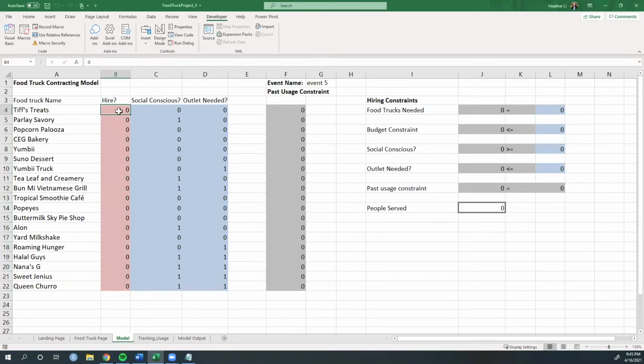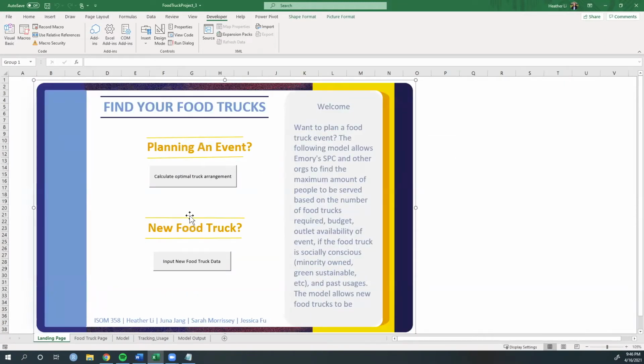So moving on to our main model, we constructed an integer programming model that maximizes the number of students served while staying within a few event design constraints for a food truck event. The constraints were based off the discussion we had with the SVC treasurer on their decision-making process for picking food trucks for their events. When an event coordinator opens up our Excel workbook, they can first click on the button